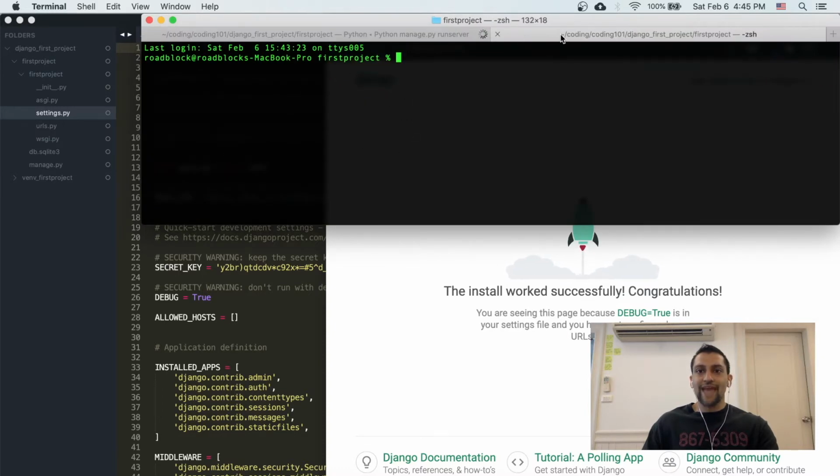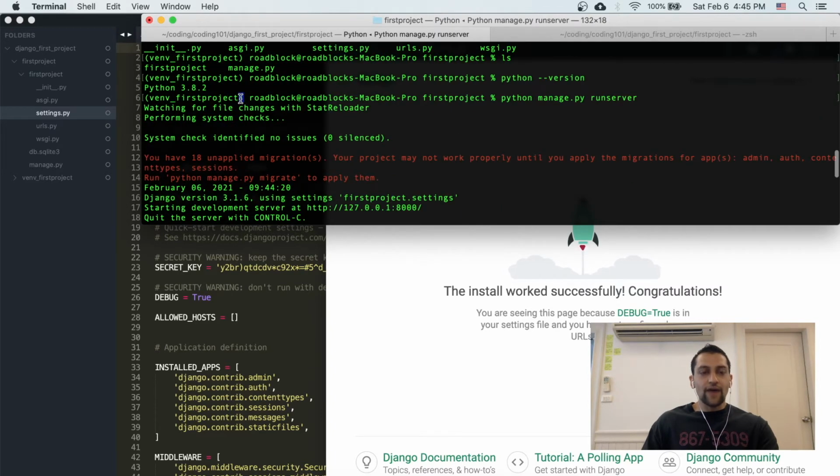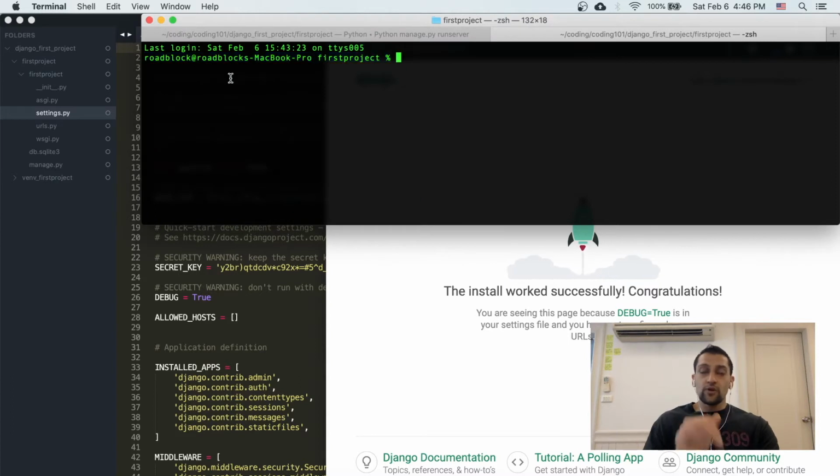folder or another tab in your editor, or in your terminal window. You can use Command T for a new terminal, or open a new terminal window in Windows. So notice in a new terminal window I don't have these parentheses and the name of my virtual environment. So I have to enter the virtual environment again. So I have to do a source